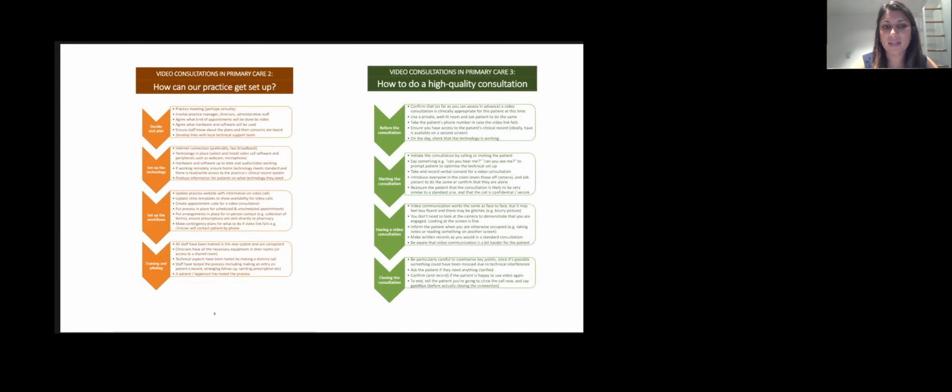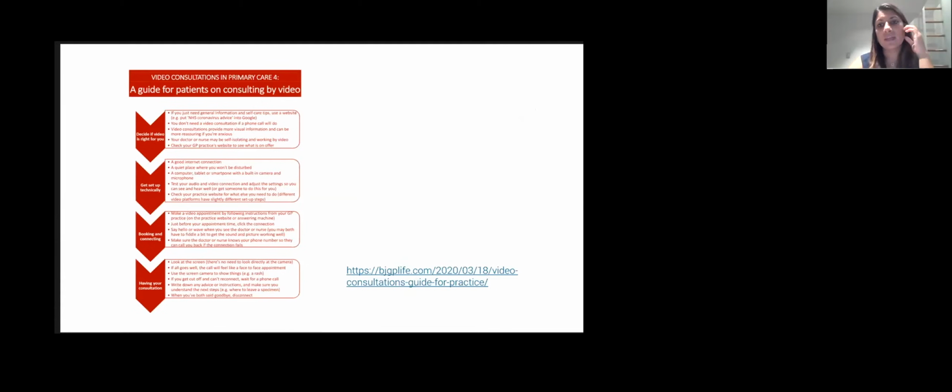And then their next flow chart on the next slide is actually for patients. So I think it's really important to get, yep, you can move that on, Glenn, is to also give instructions to patients. I mean, they also are going through a massive change, and for them to have a good experience, you can give them some tips and tricks of how to do that.